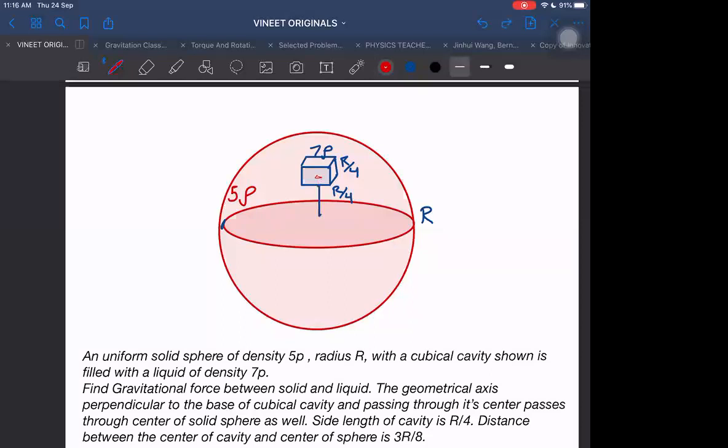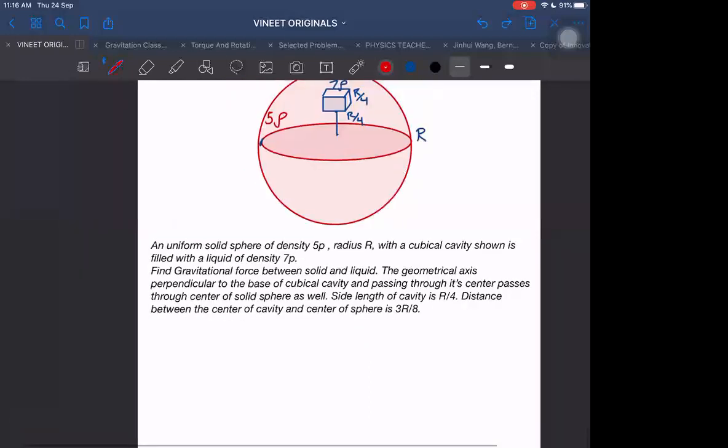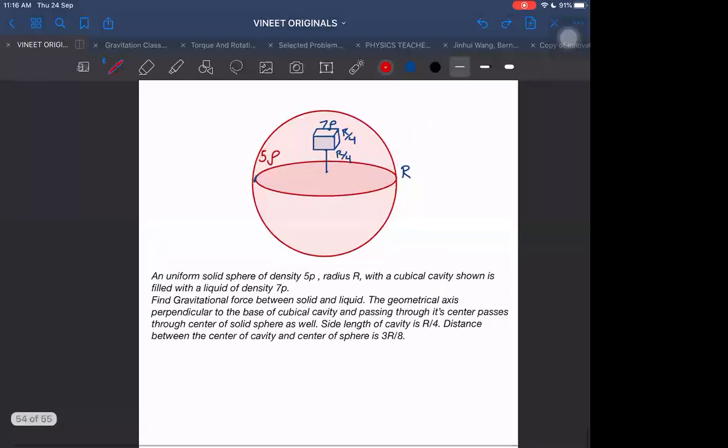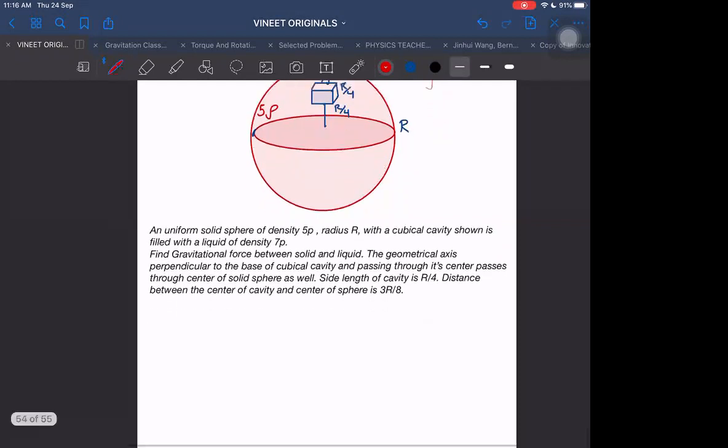First of all, let us say I want to find out the force acting on this. First of all, don't assume 5 rho and 7 rho. It will be easier if I assume everything to be just rho. Whatever answer I get by rho, I will multiply that by 35. By 35 I will multiply. 7 rho, sir? Yes, here it is 5 times, and that is becoming 7 times, so overall it will obviously become 35 times. Okay, right. For the time being, take it as rho.